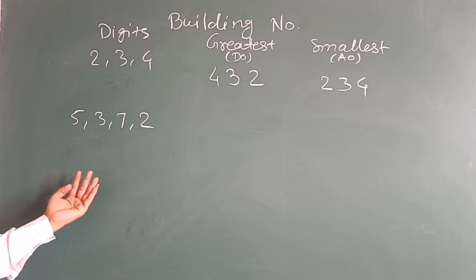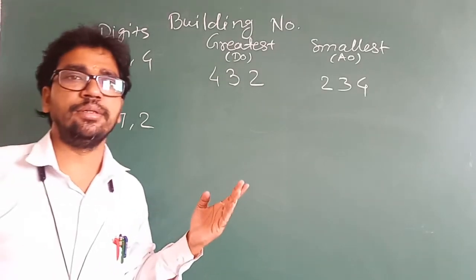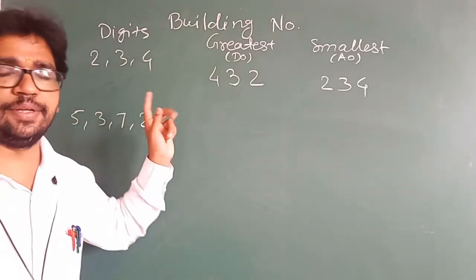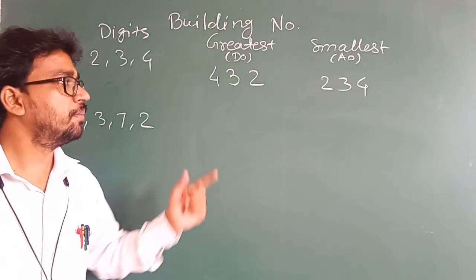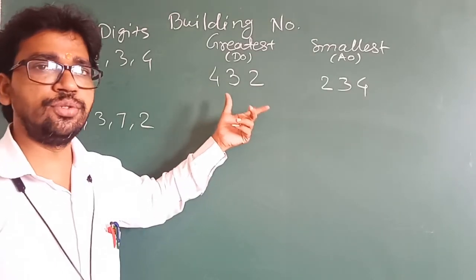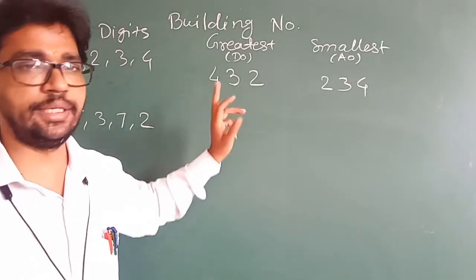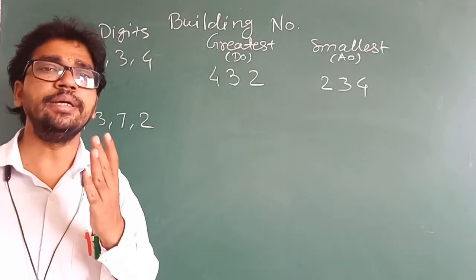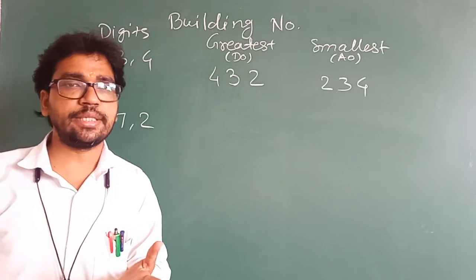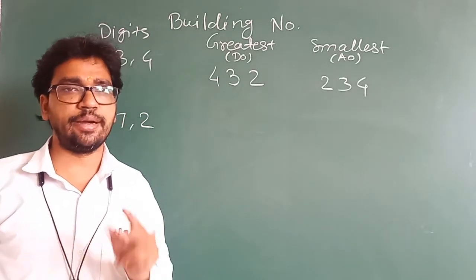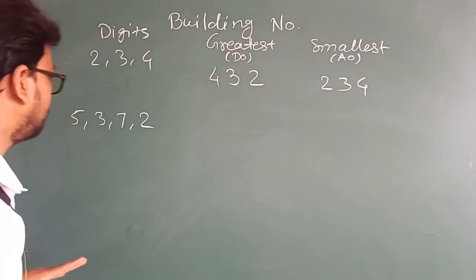Now another example is that here there are 4 digits. See what is the difference between digits and the number. So digits is having commas in between each and every number, but when we form the number, we don't use the comma in between the digits. Okay, सिर्फ हम कहाँ पे देते हैं? जहाँ पे 100 प्लेस के बाद में जब 1000 प्लेस आता है, so in between 1000 and 100 place, only there we give the comma.